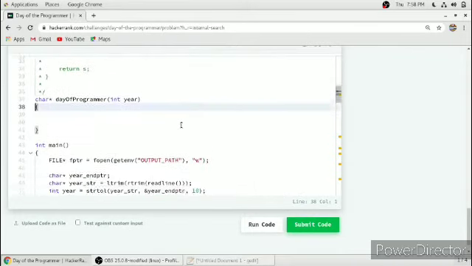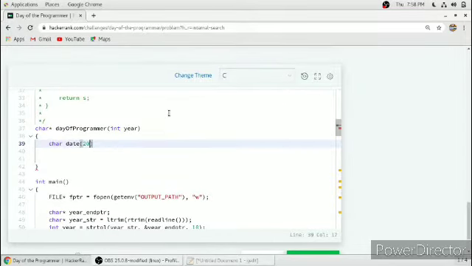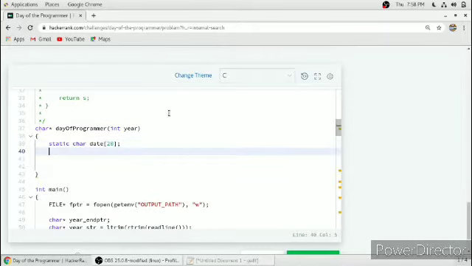So here we will need a string, that is an array of characters, to store our date. As the return type is a character pointer, we have to return a string. So we will take an array of 20 characters and make it static, and we will need another buffer to store the year as a character string.